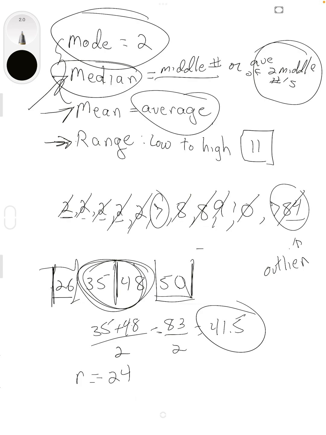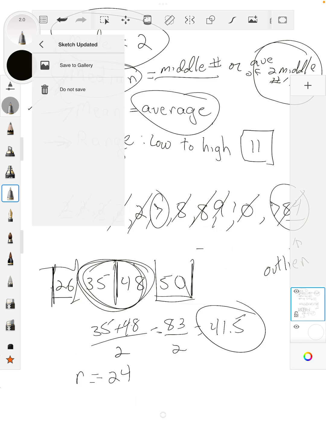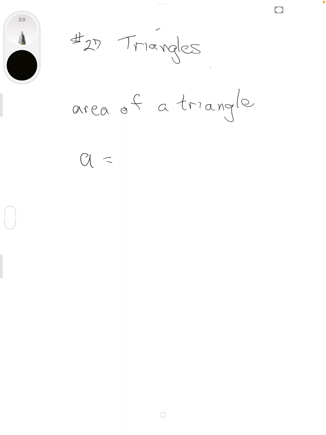That is lesson 26. Now let's move on to lesson 27. Lesson 27 is all about triangles. So number 27, triangles. Generally at this point, we're looking at what we call the areas of triangles. So the area of a triangle. It actually has a nice little formula. So I'm going to call the area equals what we call 1/2 times the base